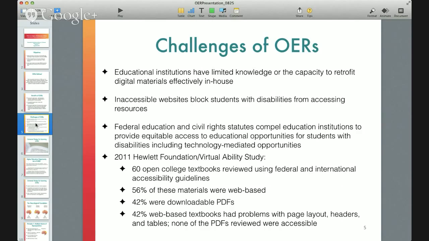Much in the same way that inaccessible websites can create a barrier for students with disabilities, making it difficult for them to access or navigate content, the same is true for open educational resources. The one I think about often is image-based PDF documents, where there's no ability to navigate, select, or work your way through a document unless you have vision or can control a mouse. So just some things to think about as we go through talking about